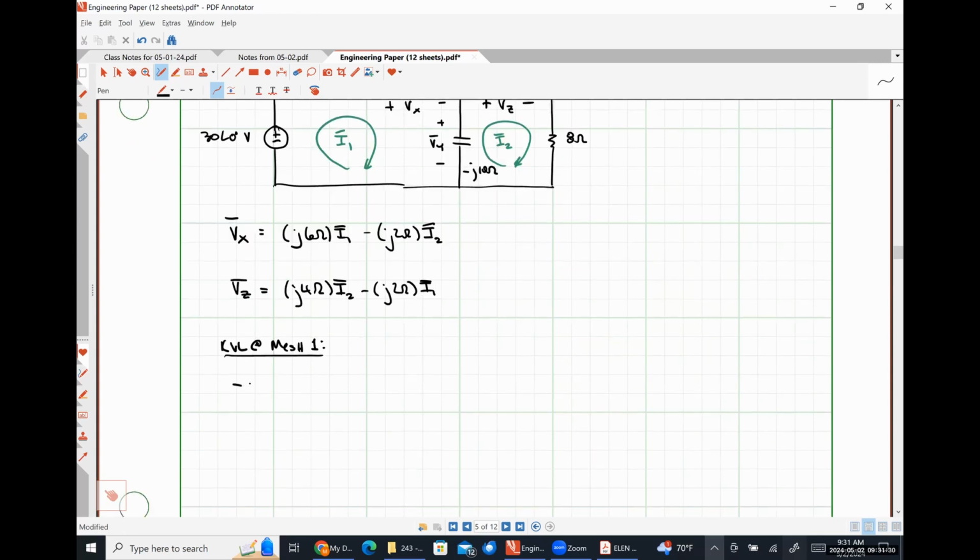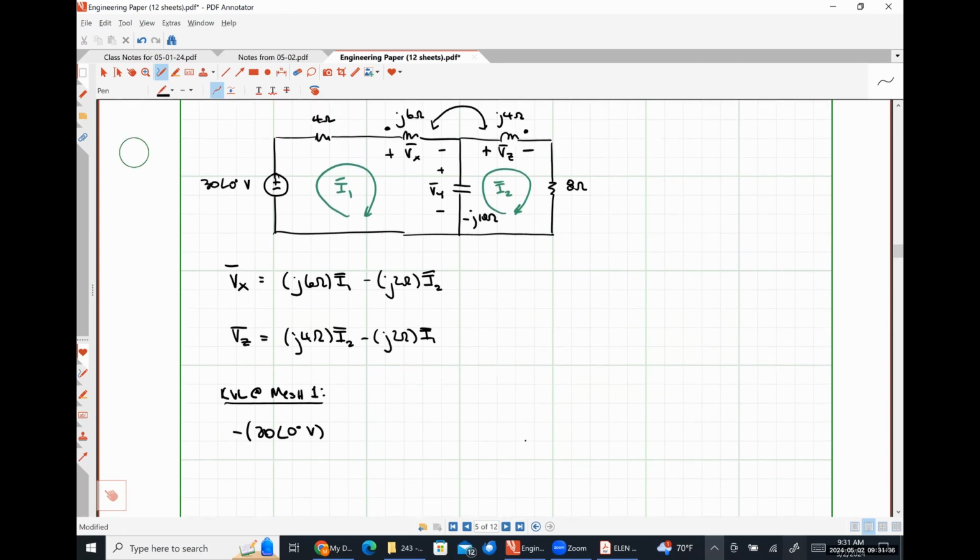So negative 30 angle 0 degrees. Okay. Four ohms times I1. Okay. Plus Vx. All right. So plus Vy for sure, but